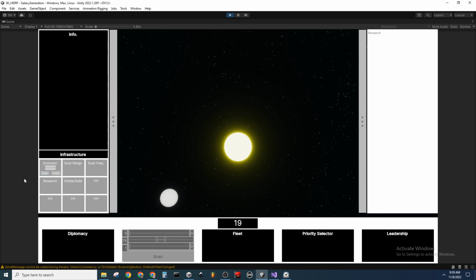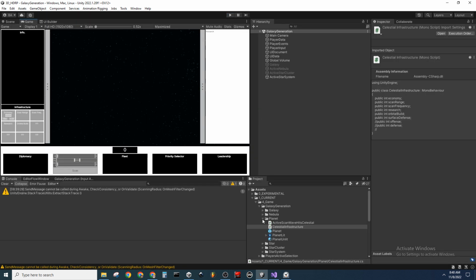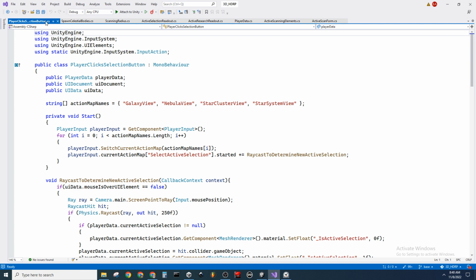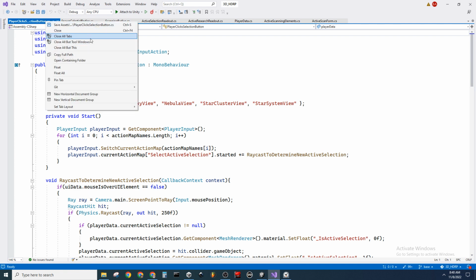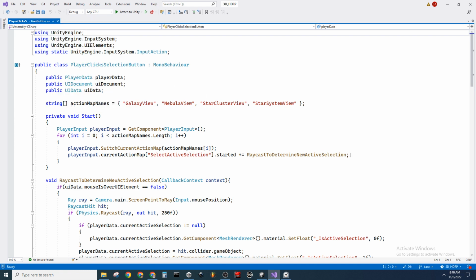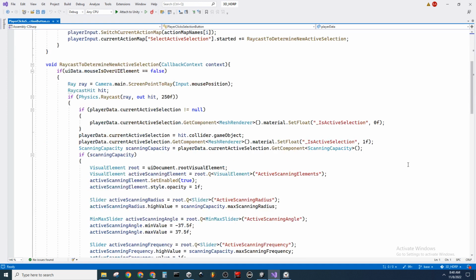So now I need to, upon selecting this, put its economy value here. That is basically what needs to happen. So now we're busting back into our good old player's active selection, player clicks selection button code. I'm going to close everything else here. And we are going to